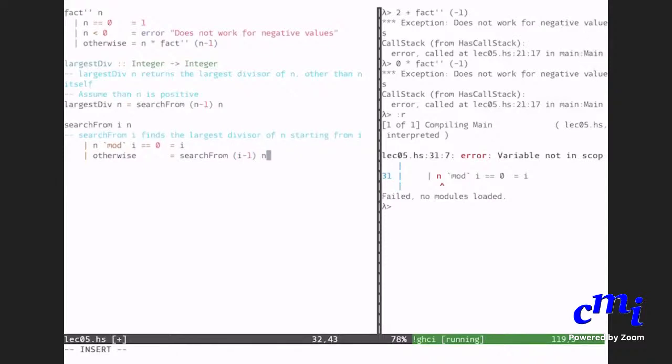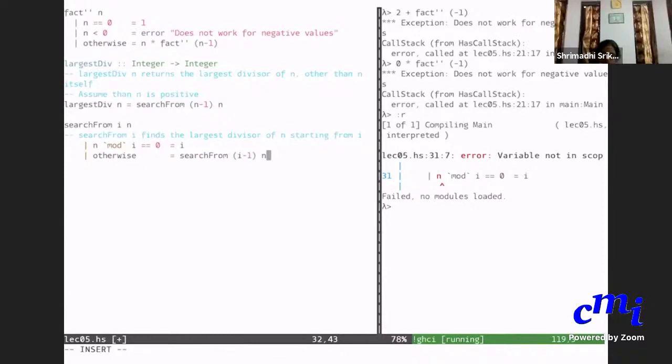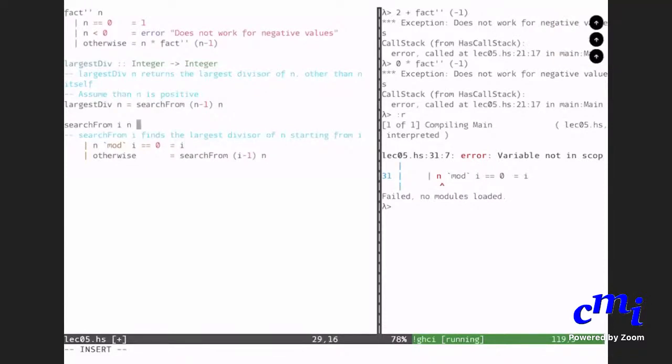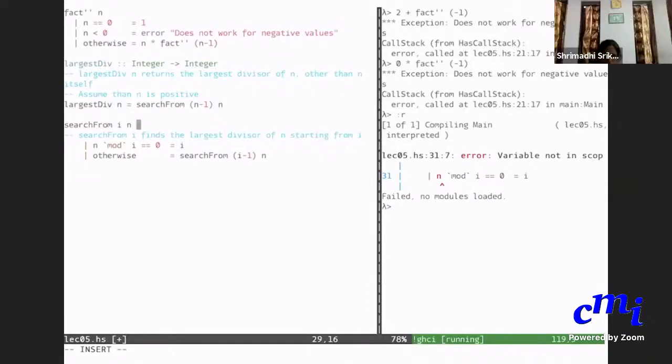Okay, so do you see the version? I'll keep this commented and I'll do the local version.